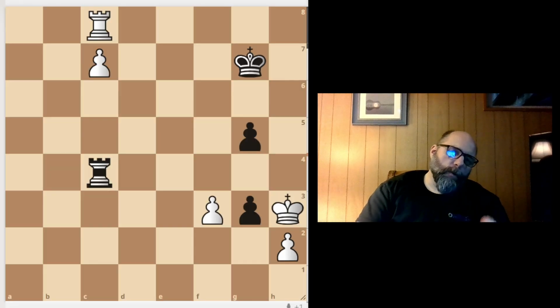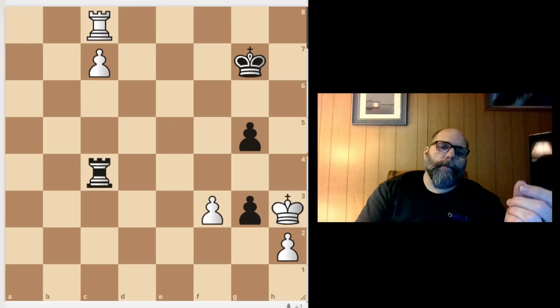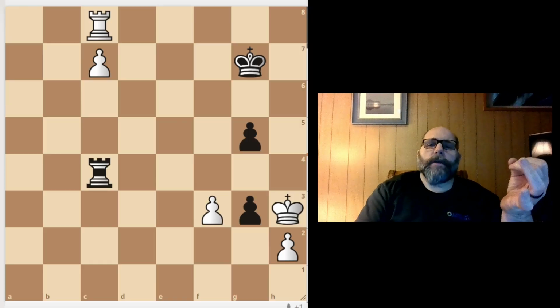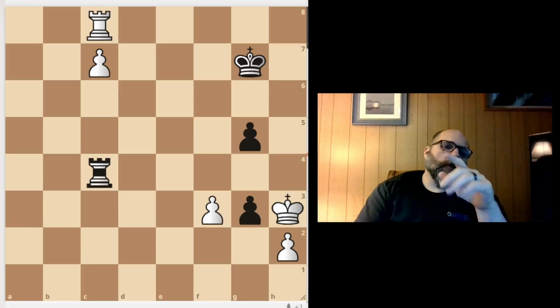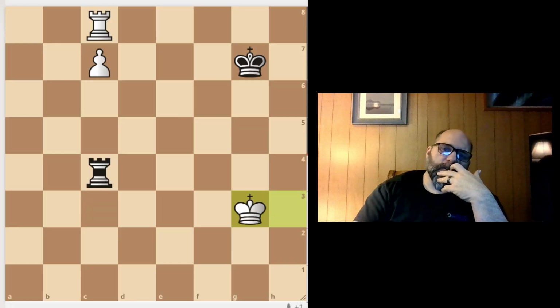And so the question you want to ask yourself is how should white take back? So it's white to move. How should white take back the pawn? Should he take with the H pawn or take with the king, and why? Okay, so before we do that, we're going to look at chapter 3 here, which is